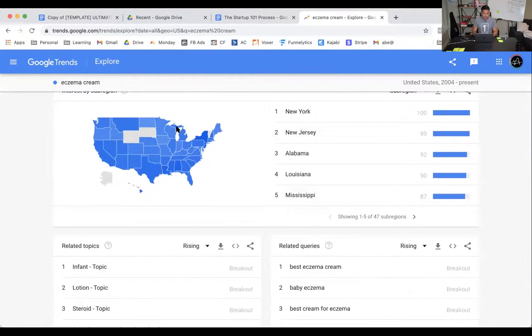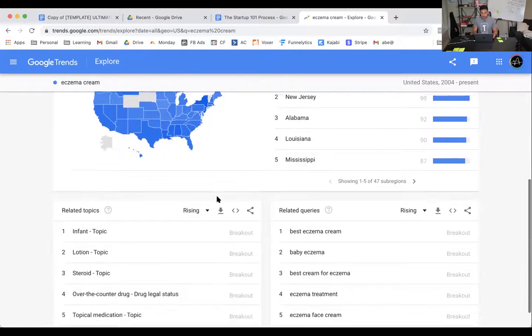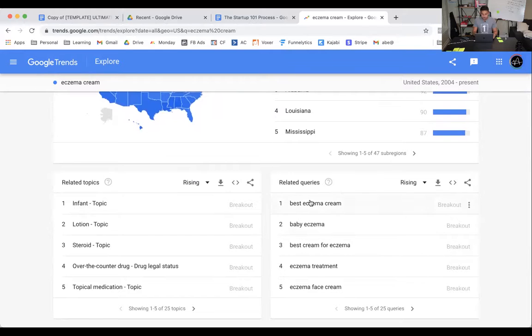Number two, sometimes you'll see location, right? So here you have interest by subregion. Sometimes, like I remember doing something for teeth, it was all in the Southwest. Over here, it looks like it's pretty much everywhere. That's an interesting sign. So geographically, this problem, pretty much everyone has it everywhere. The reason why it's probably bigger in these states is it's probably colder here and there's more population, right? I'm in Jersey, so I know this climate. Louisiana, Alabama, Mississippi, those are a little different, but that's geographics, right? Then you've got what people are searching: best eczema cream, baby eczema, best cream for eczema,